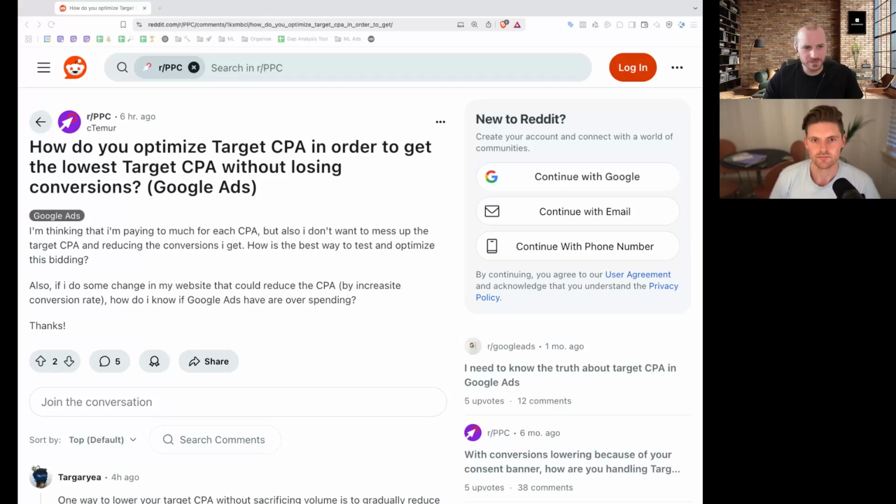What you used to be able to get at a certain level of cost per click back in the day is going to change. Cost per clicks are going to change. The marketplace is going to change. More competition is going to come in and be willing to bid way differently than everyone else in those ad auctions. So just know that it's never going to be like, oh, I'm just going to find the perfect target CPA and then everything's fine.